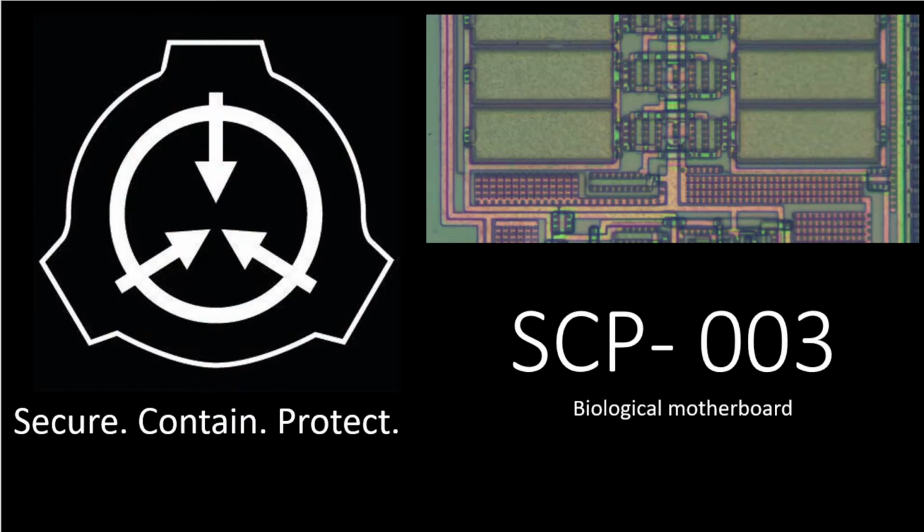This is the archive for SCP-003, codenamed Biological Motherboard. Object Class: Euclid. Special Containment Procedures. SCP-003 is to be maintained at a constant temperature of no less than 35 degrees Celsius and ideally kept above 100 degrees Celsius. No living multicellular organisms of Category 4 or higher complexity may be allowed to come into contact with